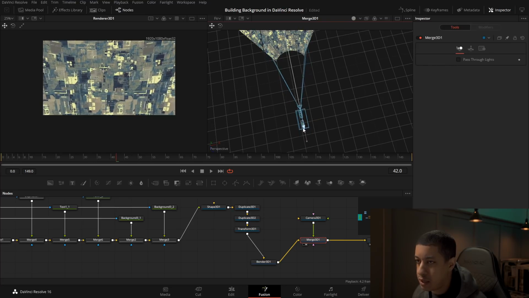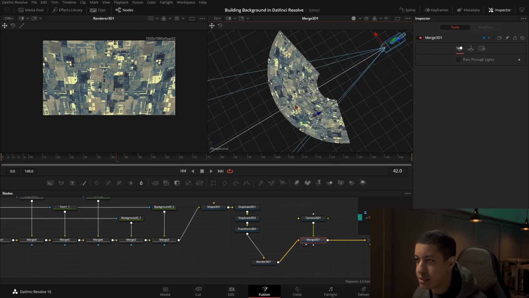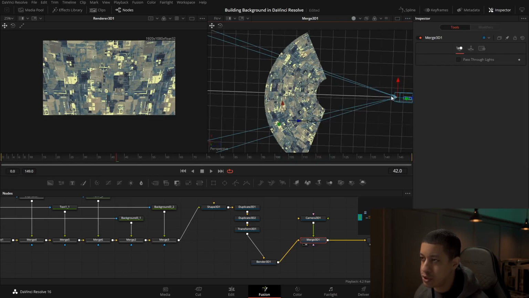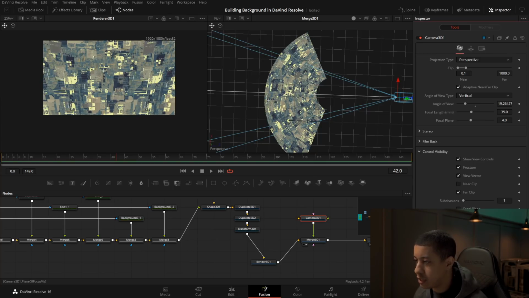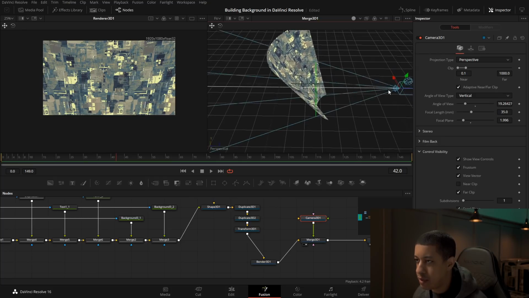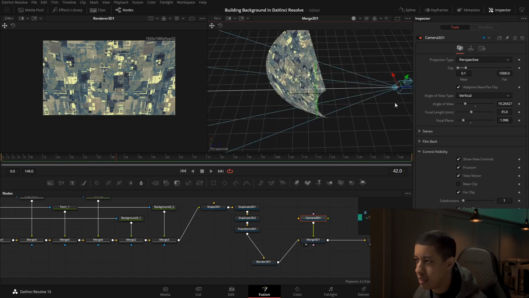Once we have everything in view, we'll have things at different lengths from the camera. So if I'm looking at this top down, we have this that's closer to the camera, but it's kind of off to a distance. We have this that's over a little bit better. The easiest way to show this is if I come into here, and then on our camera, we can go to these control things, and we can see our focus plane, right? Now we can move where our focus is, and wherever this box is, that plane is going to be in focus. So we would have this bit out of focus, but right where that box hits everything, it's going to be in focus, right? So we can see where things would be in focus, out of focus.